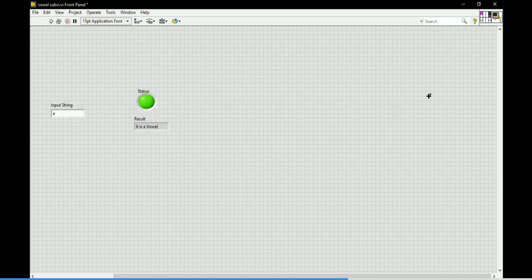Any doubt, just tell me, I will do it one more time. First click the square box, then choose the input. Then again click the output side square box, then go for the Boolean indicator. Click that indicator and the data type color will be assigned properly.